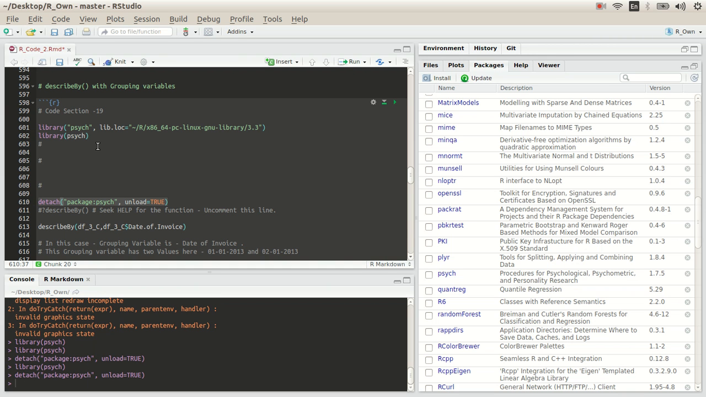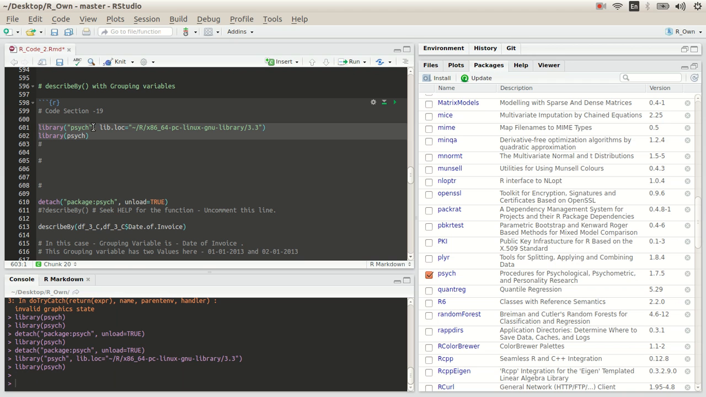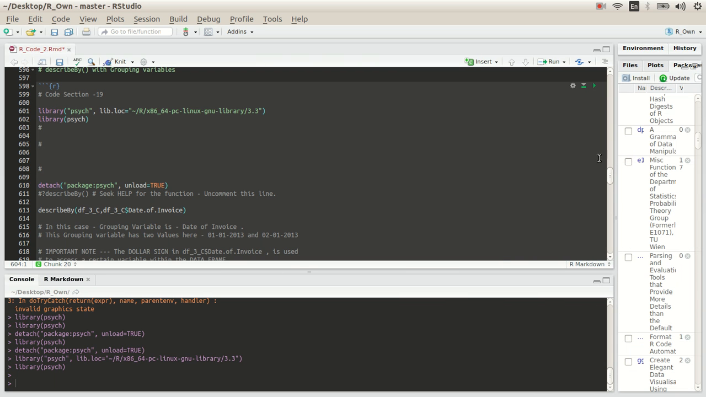So when a package is detached, then all the data sets or the functions that are there within that particular package are not available to us anymore. So right now we want psych, we don't want to detach it. So here we go. Psych is attached again. You can see that tick mark comes there automatically. I'll again minimize this towards the right side, and within this psych package there is this function called describeBy. So describeBy is what I want to use now,